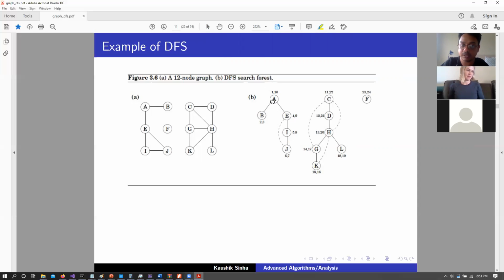That is what we mean by pre-visit and post-visit numbers. Once E is done, we come back to A, and A gets the post-visit number of 10 and a pre-visit number of 1. It is essentially logging the counter for every recursive call that we are making.